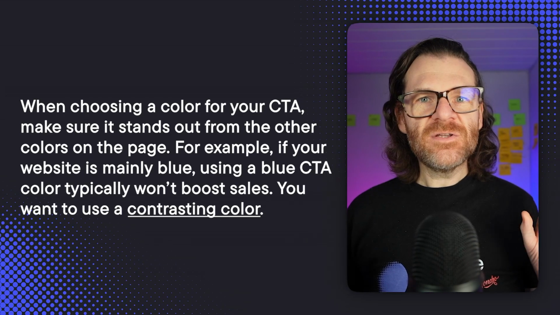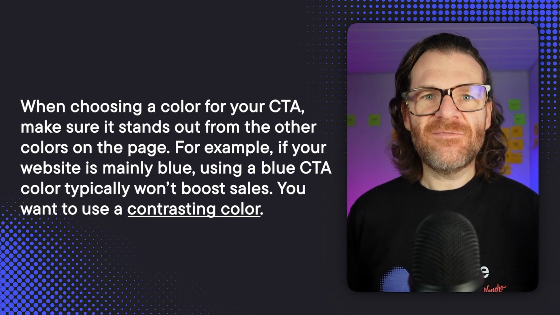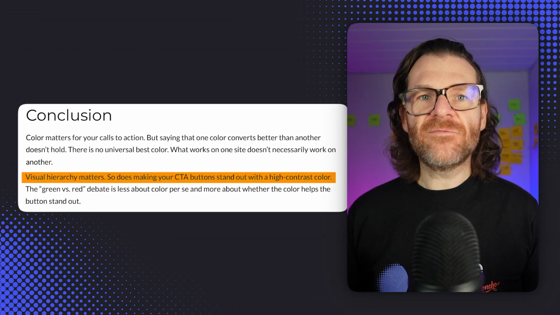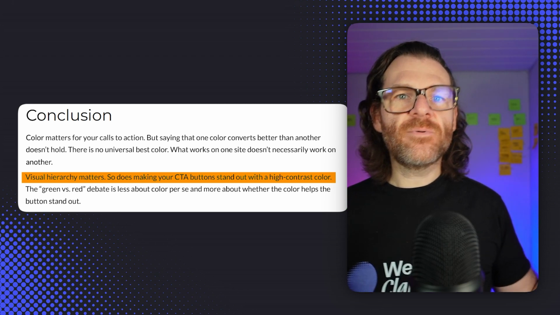And he's also added this, and this is where it starts to get really interesting. What's not shown in the chart is the biggest factor: contrast. For example, if your website heavily uses the color blue, then having a CTA button in blue would just blend in and not produce the expected results. Now, the same thing is mentioned on CXL. The article concludes that there wasn't one button color that converted better. What actually mattered is how the new color stood out in the visual hierarchy compared to the previous button color